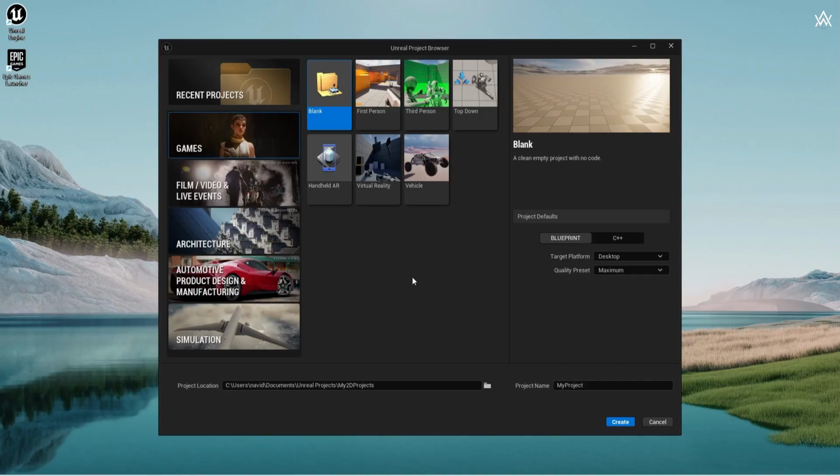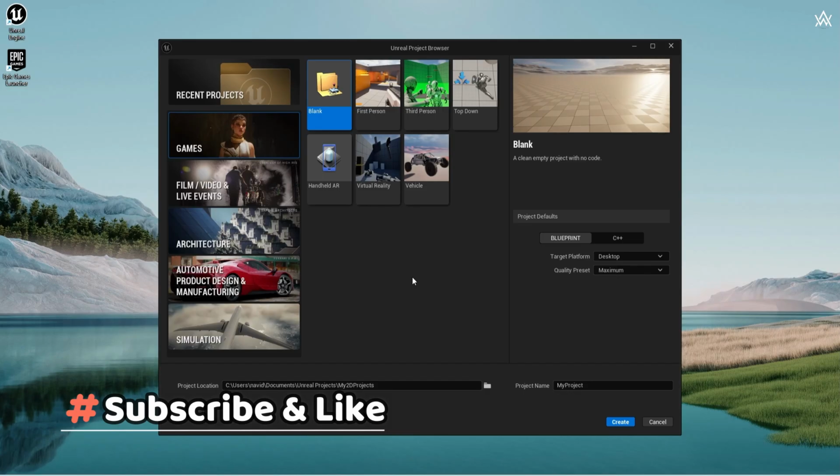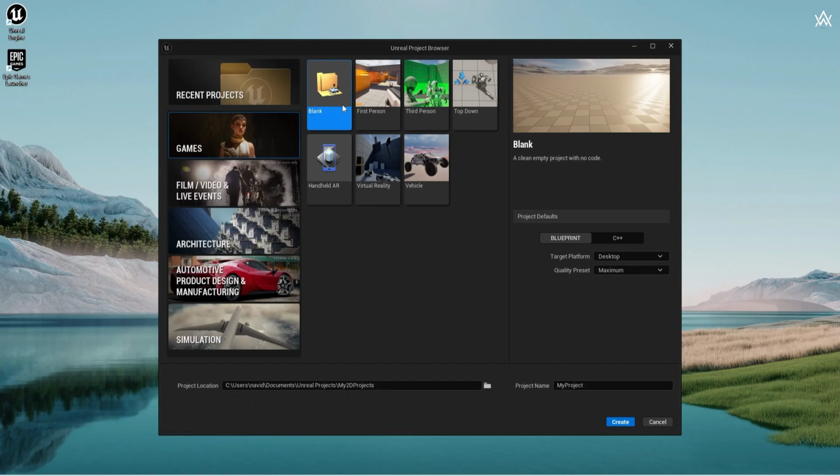Now for creating our project, because we want to have a 2D game, that's why I want to use a blank project. So click on blank. In here, choose blueprint. The target platform, we want it to be desktop, so it will be easier to debug our game. And after that, the quality preset maximum. Where do you want to put your project? I want to put it in documents, Unreal Projects, and I will call it course